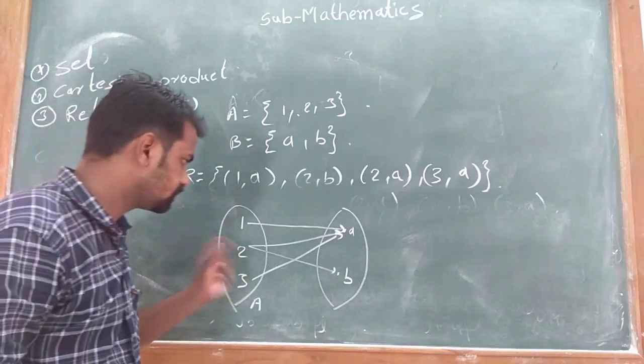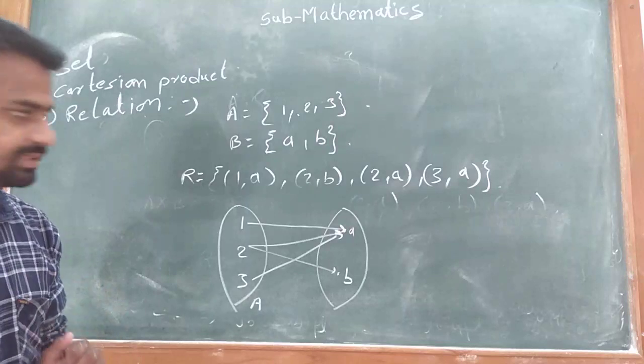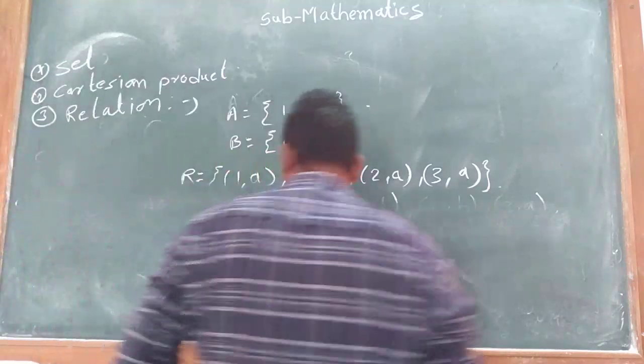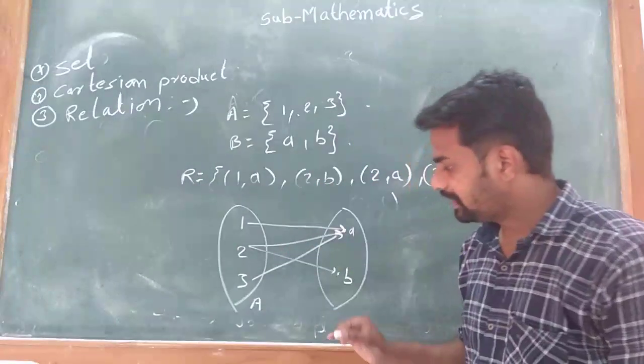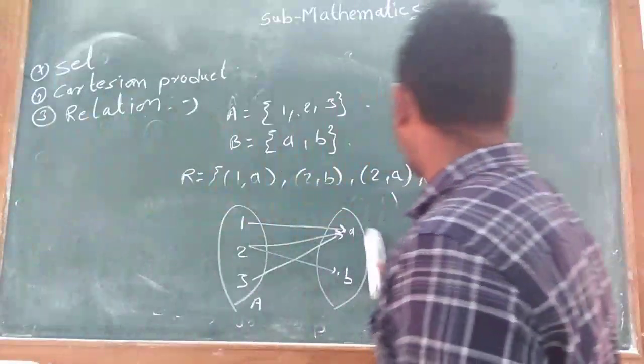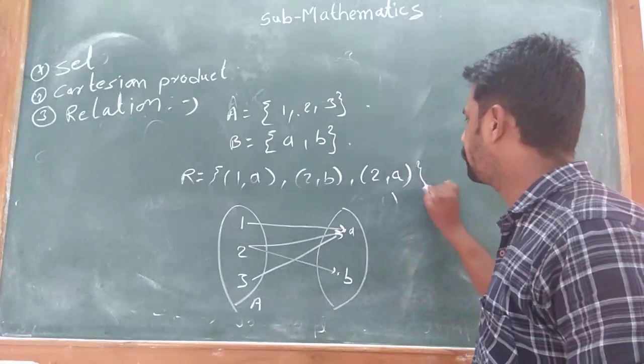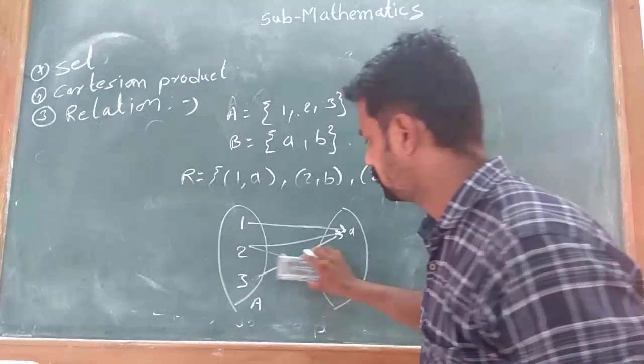Here we have to find domain, codomain, and range. Simply, the elements which have an image. Here we change the example. 3A is cancelled for improving our knowledge. So